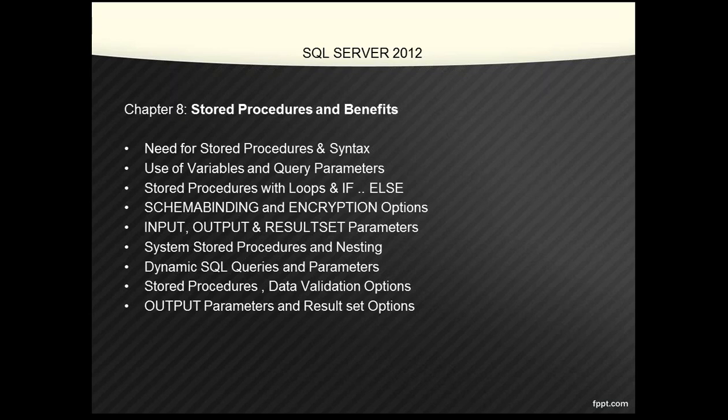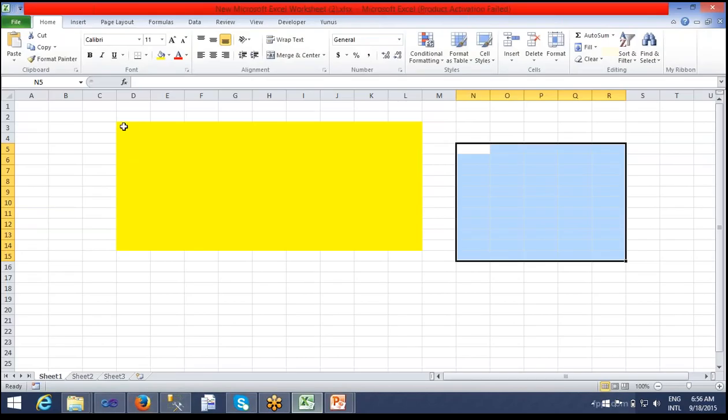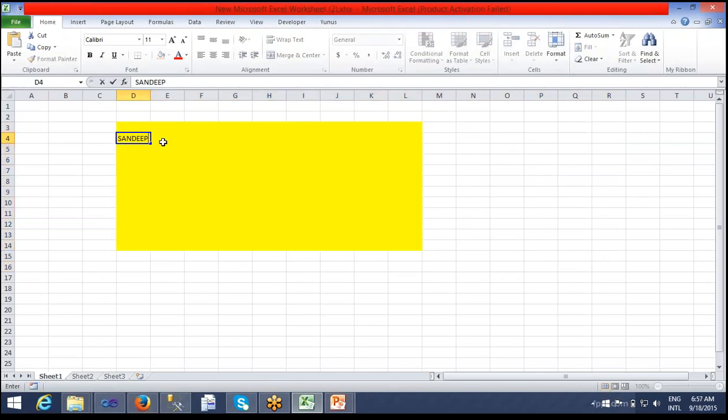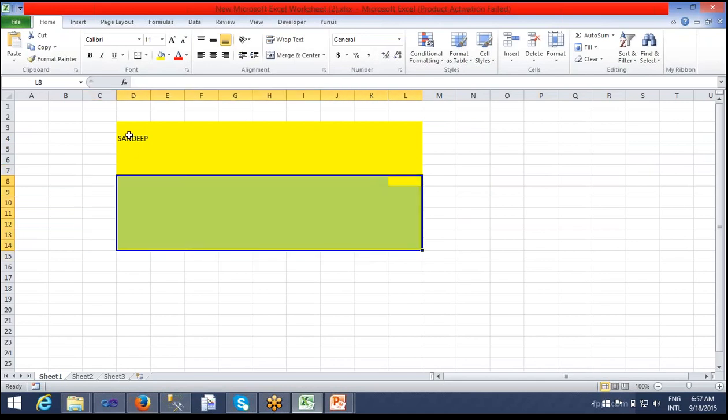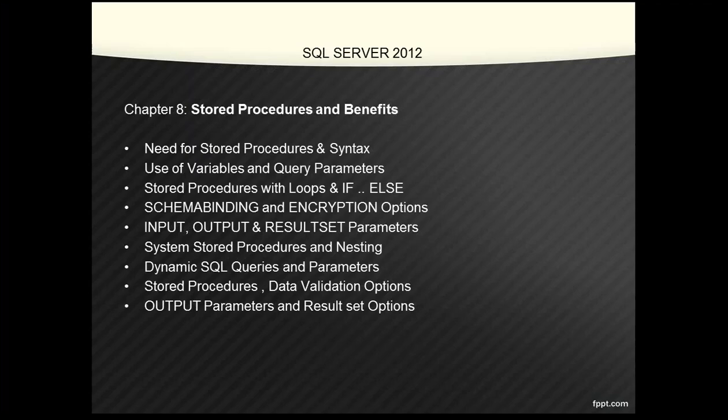Stored procedure: for example, as I told you, we have an application. If I give my name, like Sandeep, and click the search button, how can the user see the data within a fraction of a second? It is because of stored procedures.